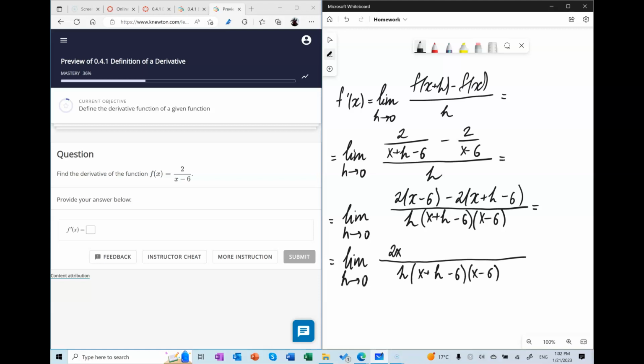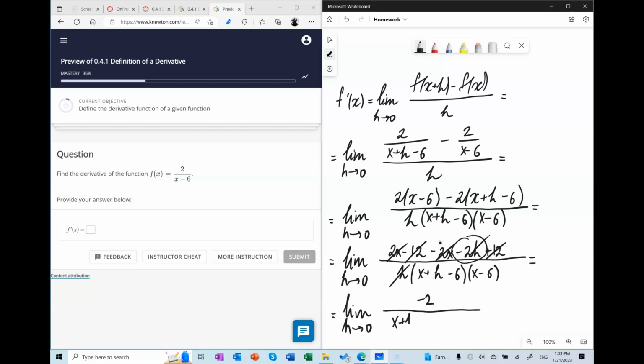So we have 2x minus 12 minus 2x minus 2h plus 12. So you see how 2x is gone, minus 12 plus 12 is gone. So we only have negative 2h. And we can now cancel h here and h here. So after everything is simplified and reduced, we have the limit as h approaches 0 of negative 2 in